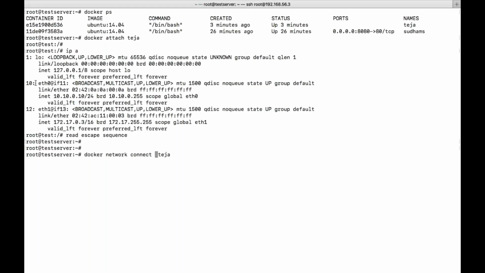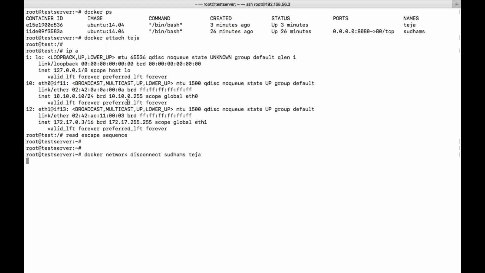Previously we have created a container with this network. Now I have added this particular network additionally. Now I want to remove this particular network. Okay, let's see how to do that. So it is disconnect, docker network disconnect, and the network name, that is WAMPS.